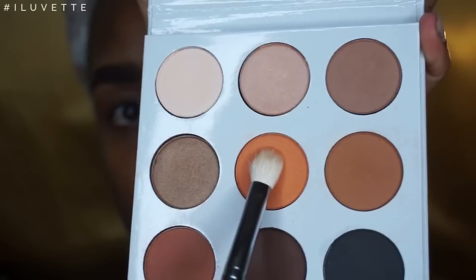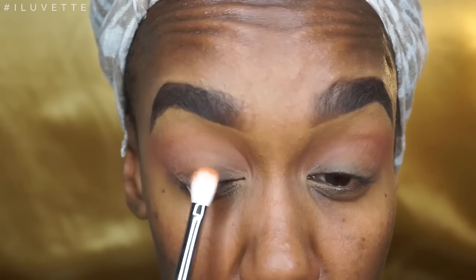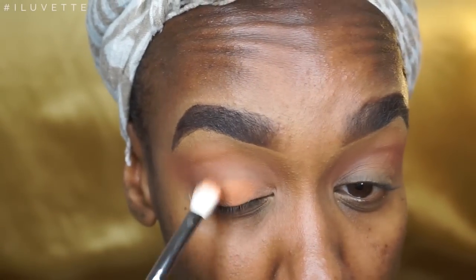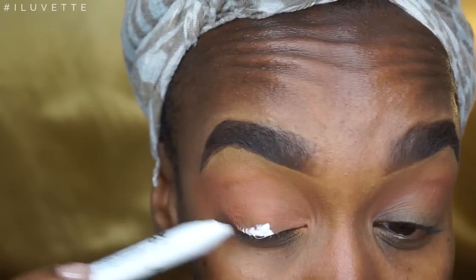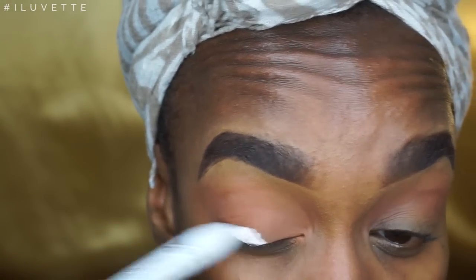So I'm just going back and picking up a little more pigment, and then into my second color we're going to go straight into that citrine color, and I'm patting that all over my eyelid. You'll see that I actually go back in with the eyeshadow primer, so I'm just speeding this part up. And now I'm using the NYX eyeshadow base in white, and I'm just applying that all over where I really